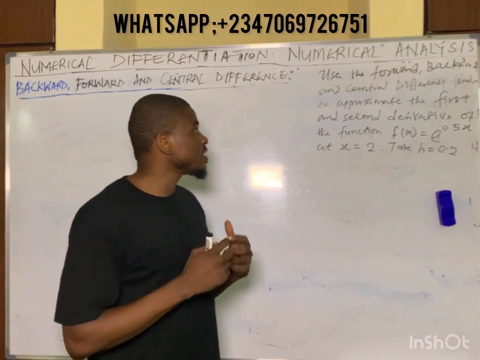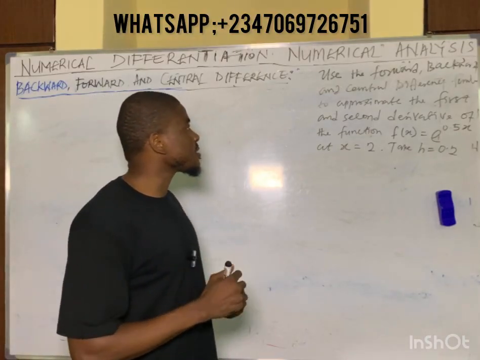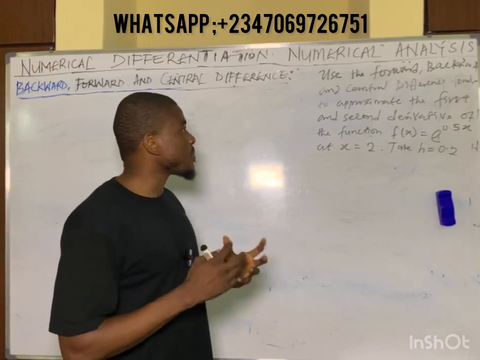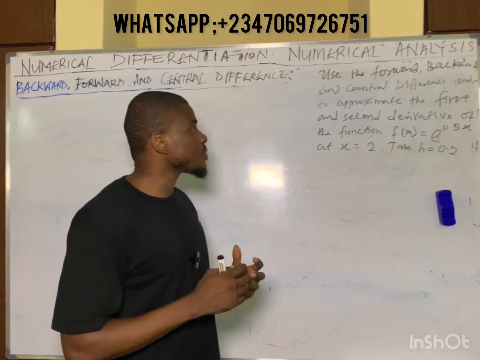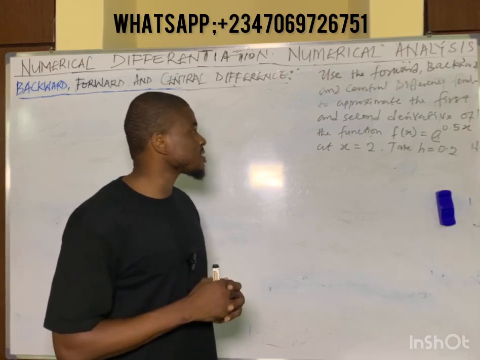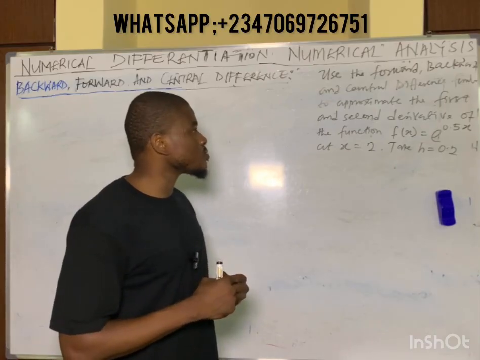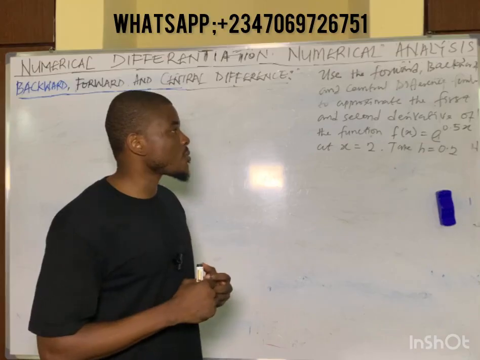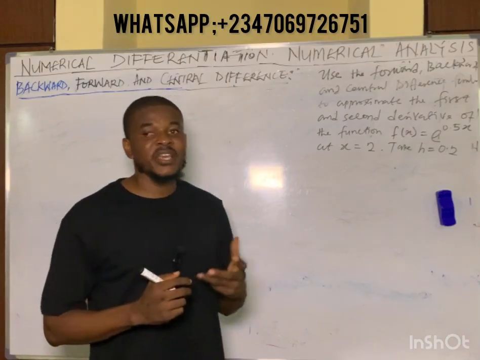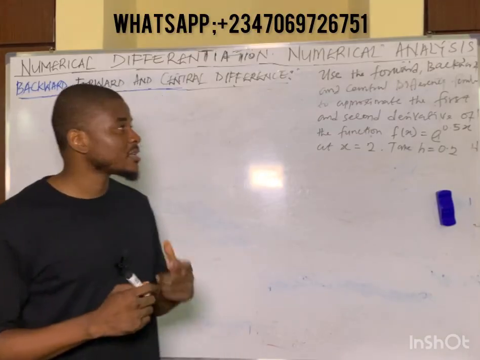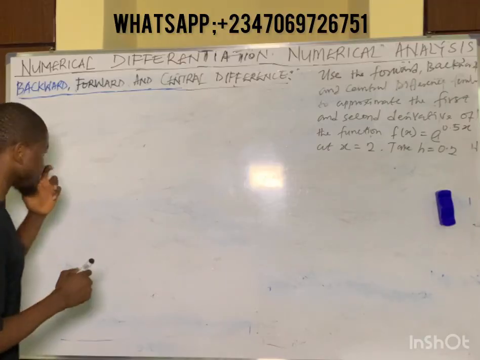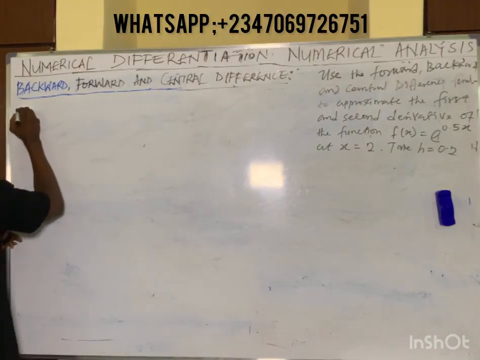The question says, use the forward, backward, and central difference method to approximate the first and second derivative of the function f of x equals exponential 0.5x when x is equal to 2. And it says take h to be equal to 0.2, where h itself is a step size, also called an interval. Now let's start with the forward difference. So for the forward difference,